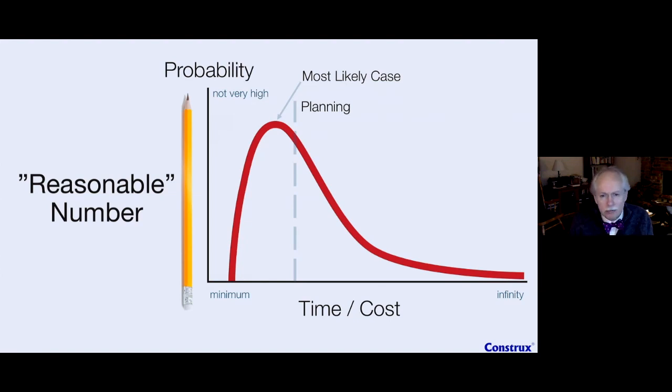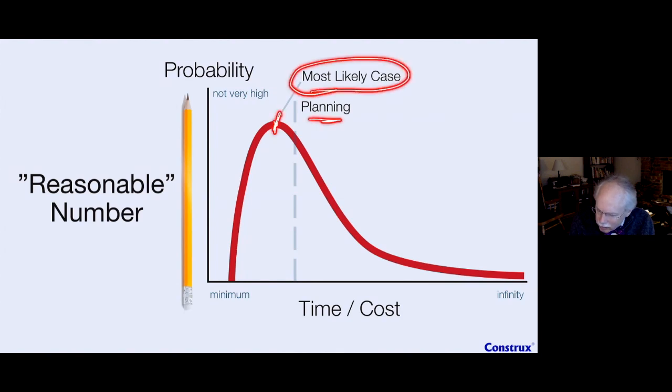Remember we talked about our friend the cone a moment ago? Early in that cone, the planning number, my reasonable number, is a number I'm going to start with. But I'm going to have to suggest to you, we're going to have to come back to this thing and revisit this throughout the project. All right. Now, when I'm looking at this, because this number here is kind of hard to get, I'm most likely going to start here.